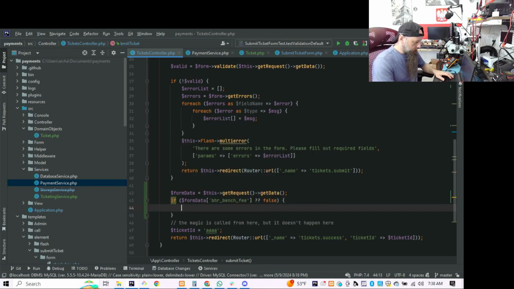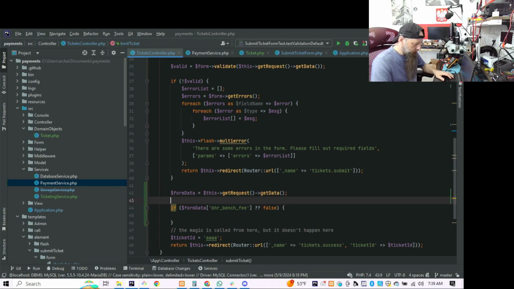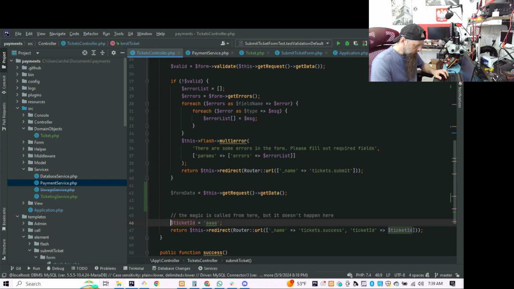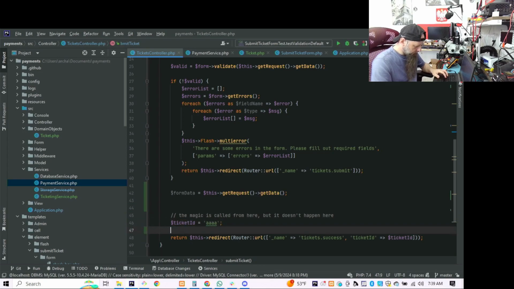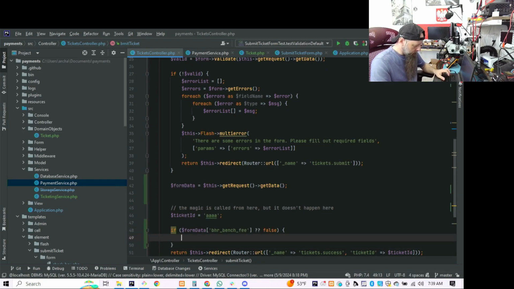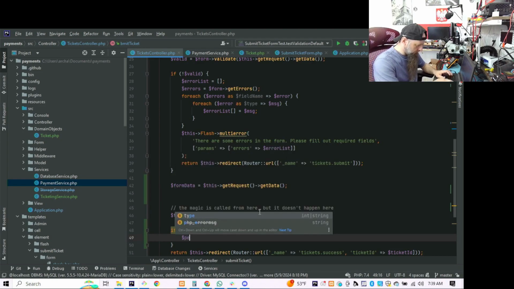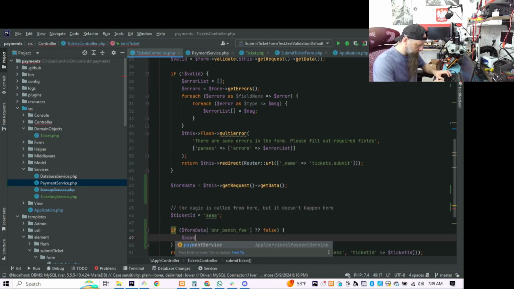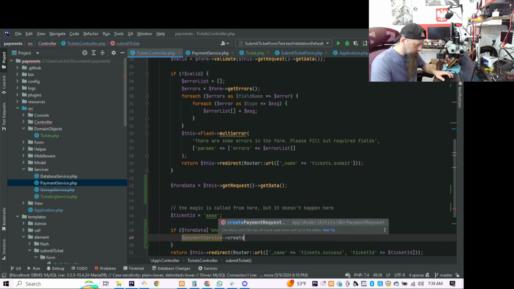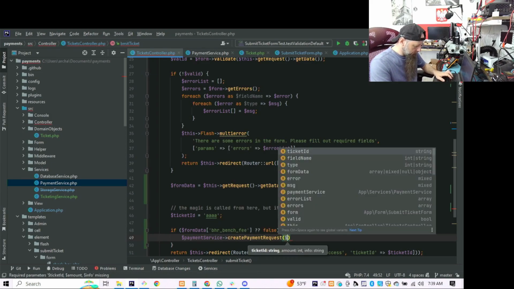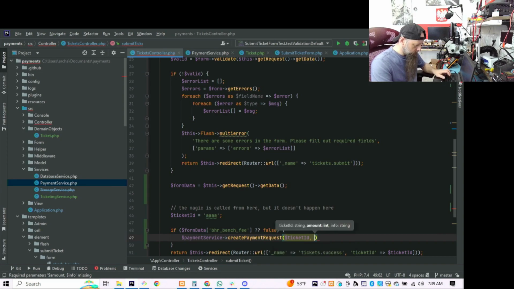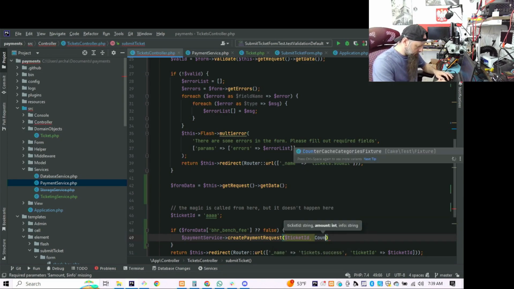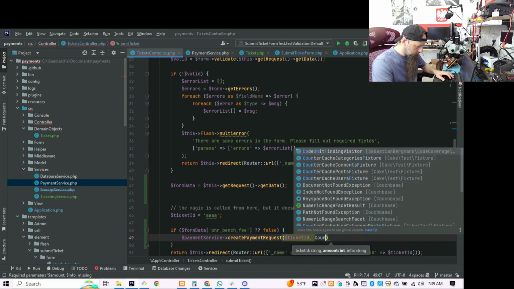We'll do, so this needs to happen after we create the ticket, because we need a track ID or ticket ID to create a payment request. So we're gonna do payment service create payment request, and we have ticket ID, amount, so this will go from configuration,